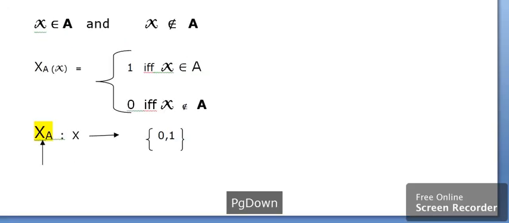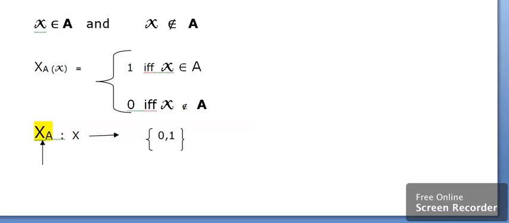Okay. So next, belongs to and not belongs to. I am checking whether this x belongs to the set A. If it does, that means this element is present in set A, then the value of the characteristic function chi A is 1. So 1 if and only if x belongs to the classical set A. Otherwise, if and only if x does not belong to A, the value is 0.